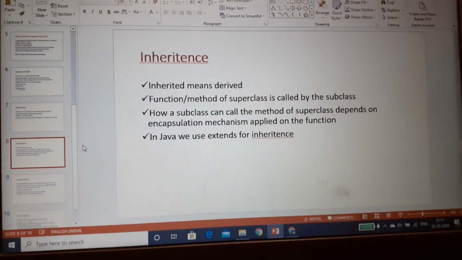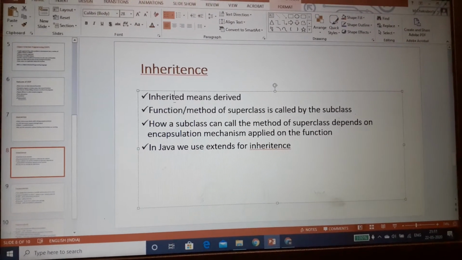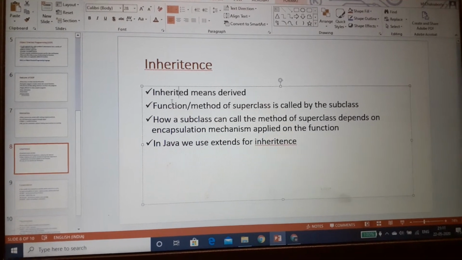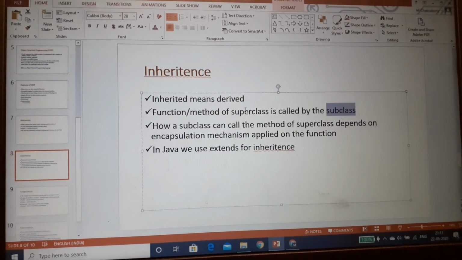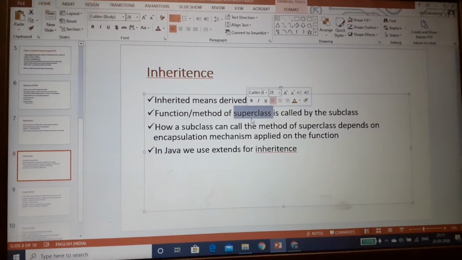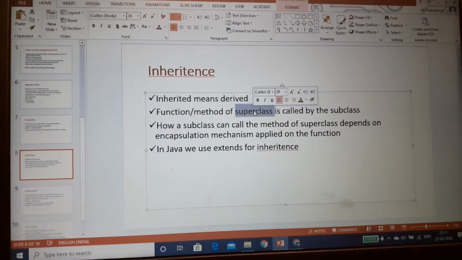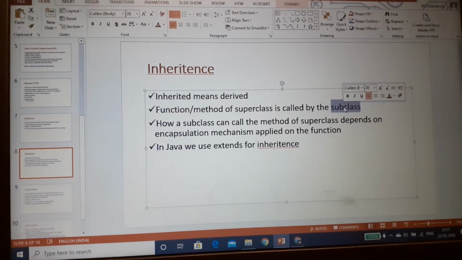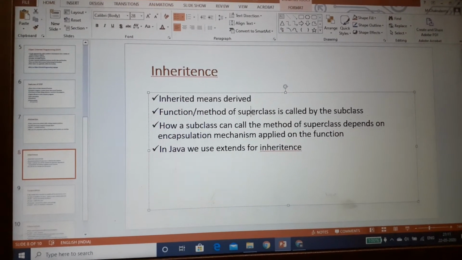Now in Java, inheritance signifies the same thing. A function or method of a superclass is called by the subclass. We will learn what a class, a superclass and a subclass are. Let's consider the superclass as a parent and the subclass as the child. So a subclass calls the function of the superclass.